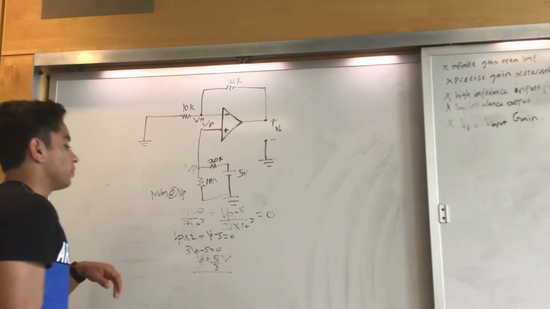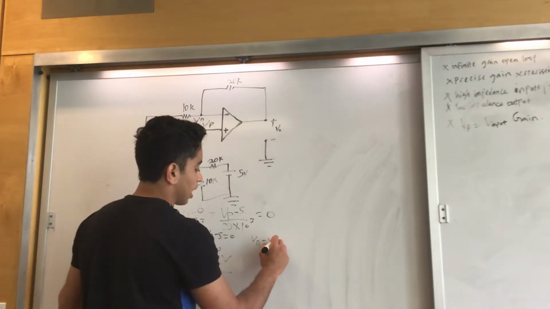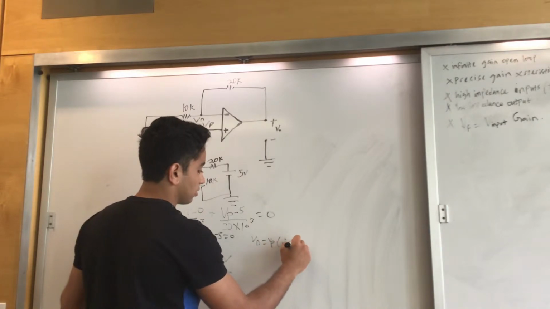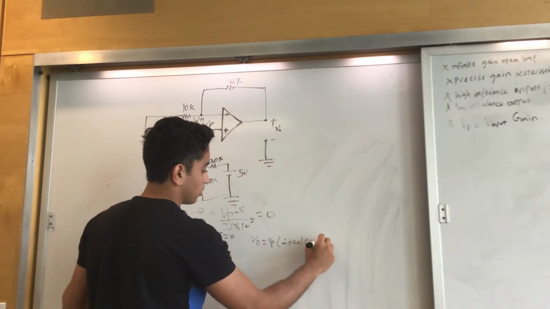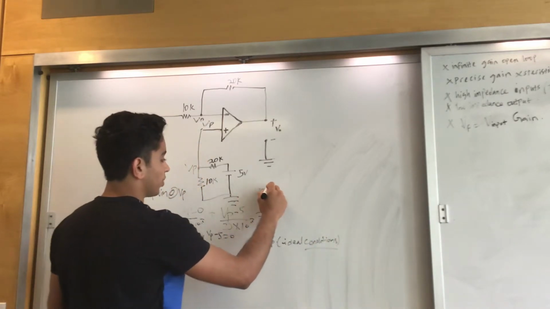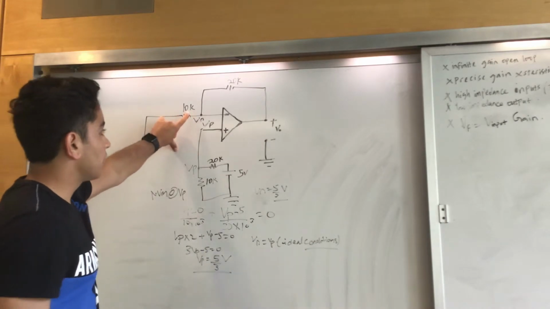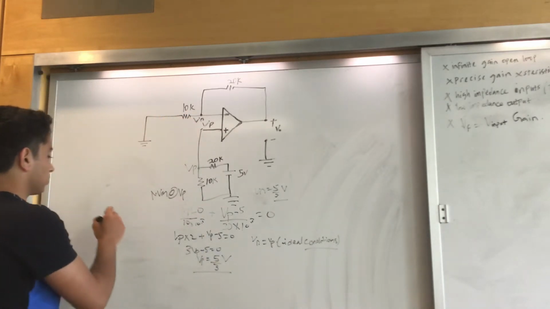So VP is equal to 5 by 3 volts. So Vn is equal to VP in ideal conditions. So Vn is equal to 5 by 3 as well. So doing NVM at Vn,